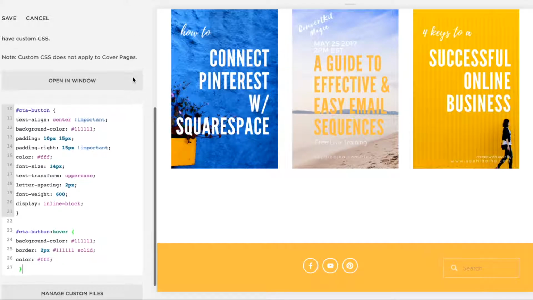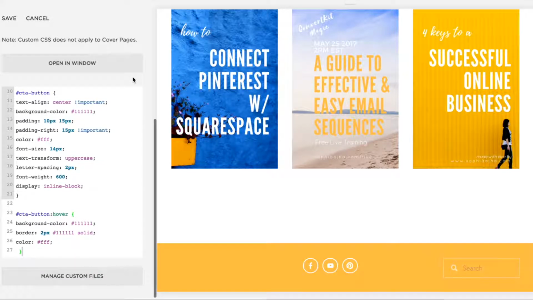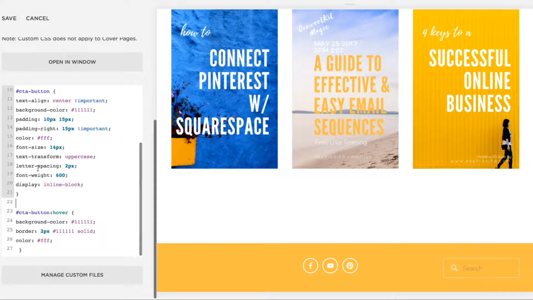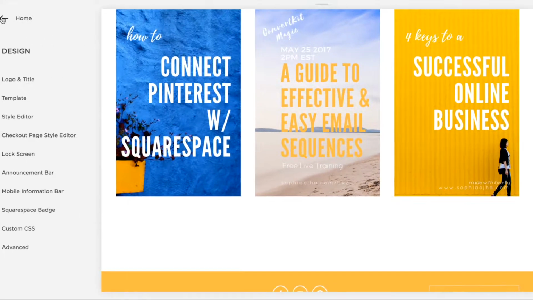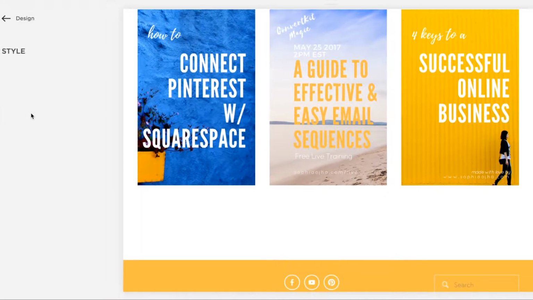Now, there are certain things that you're going to need to customize because this hex code here and over here and over here is black. So if you use this code, your buttons are going to be black. But I'm sure you have some styling element inside your Squarespace for your buttons. Now, how to find out what color it is? Just go inside your style editor,